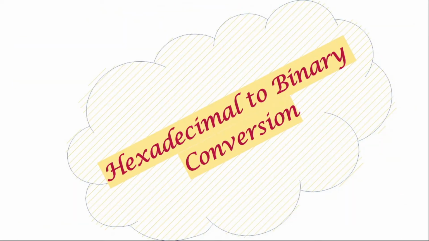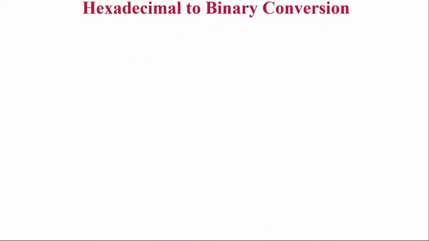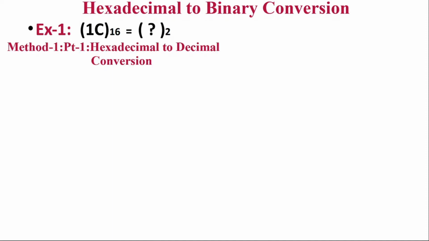Hexadecimal to binary conversion is possible by 2 methods, as already discussed. Let us consider the example 1, where the hexadecimal number 1C is to be converted into binary number. Here we will follow 2 methods separately. Method 1, it has 2 parts. Part 1,